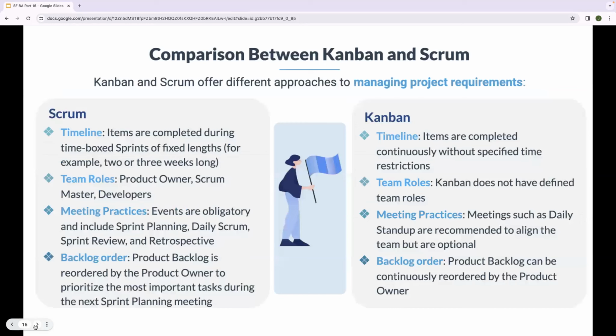Comparison between Kanban and Scrum. Kanban and Scrum offer different approaches to managing project requirements. Scrum, timeline items are completed during time-boxed sprints of a fixed length, for example, 2 or 3 weeks long. Team roles: product owner, Scrum master, developers. Meeting participation, events are obligatory and include sprint planning, daily Scrum, sprint review,